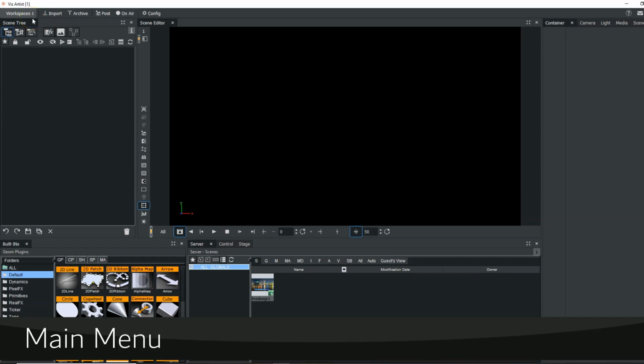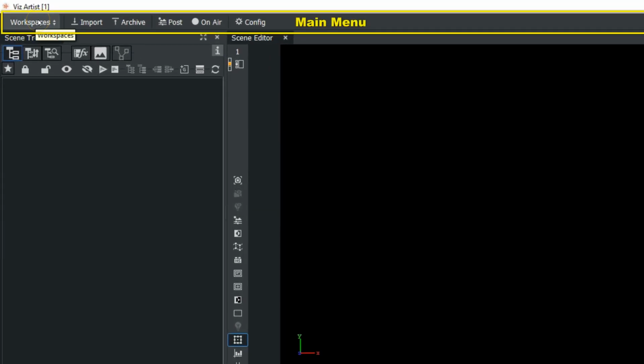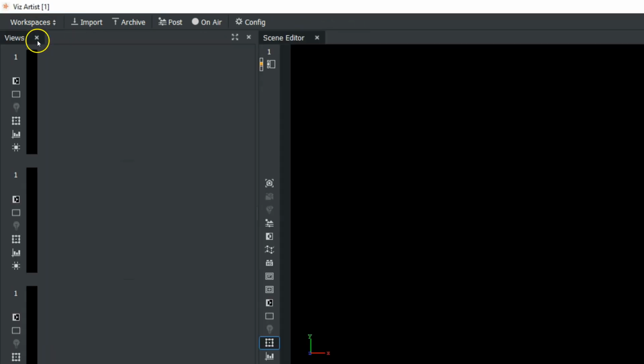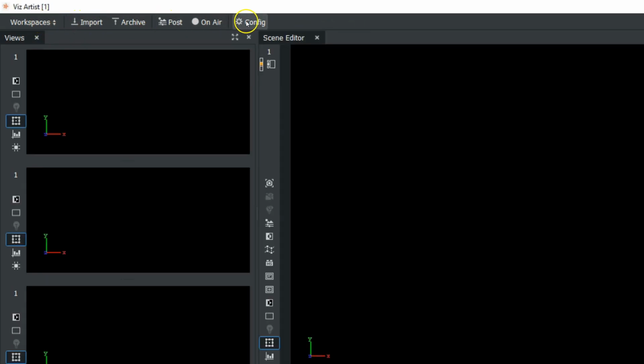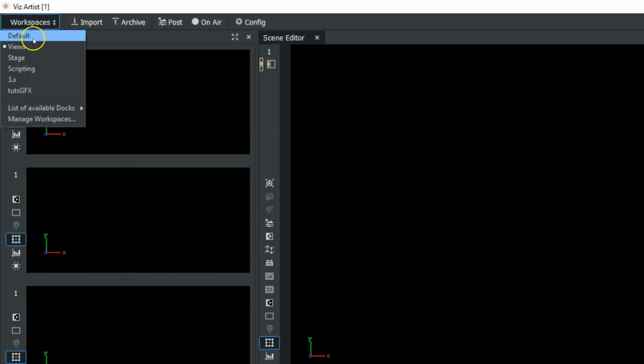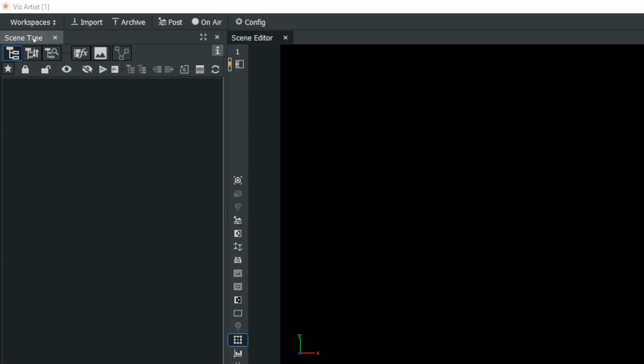So if you watched our user interface video, then you know one of the major components of the user interface is the main menu bar that runs across the top of the screen here. No matter what view we are in our workspaces, the main menu bar along the top is always active. So if we go back into our default view, and we'll just work in here, the first thing that you